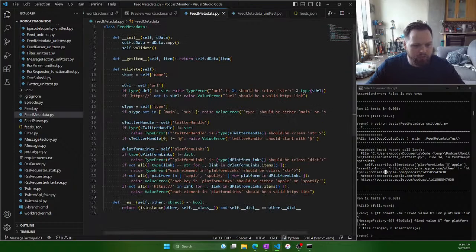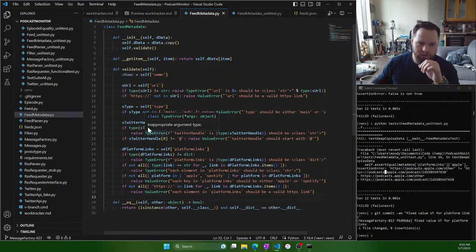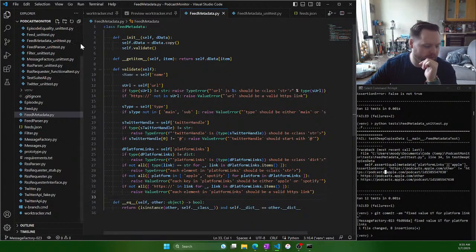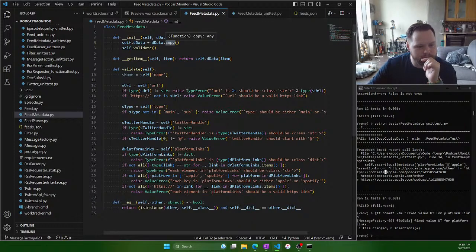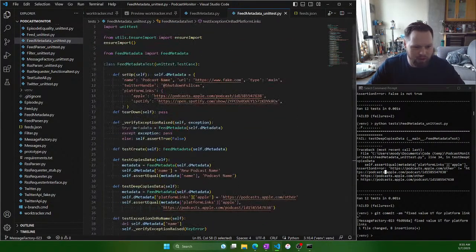And for this one, essentially what we're going to have to do is consider, let's do this. So we'll copy everything over, right? So we have a straight copy, so it's copying over just everything that's in this dictionary. But then platform links, we actually want to do